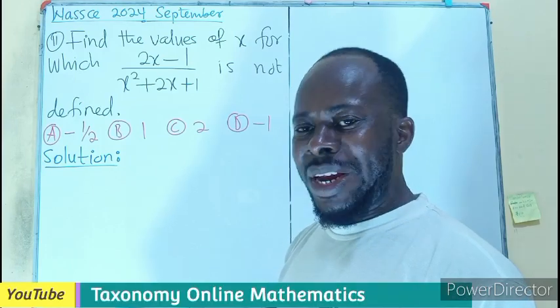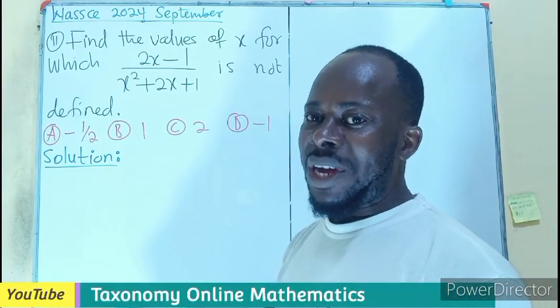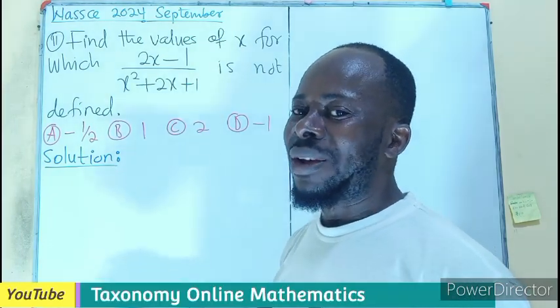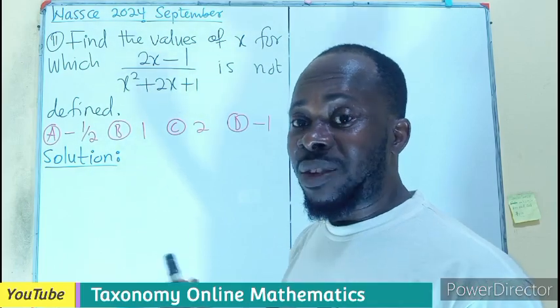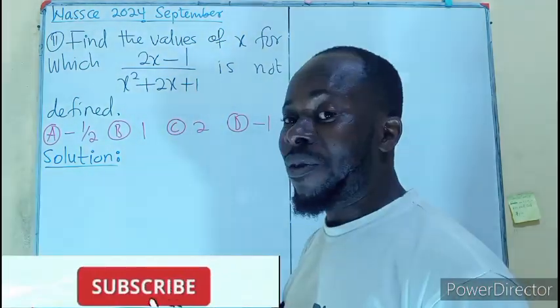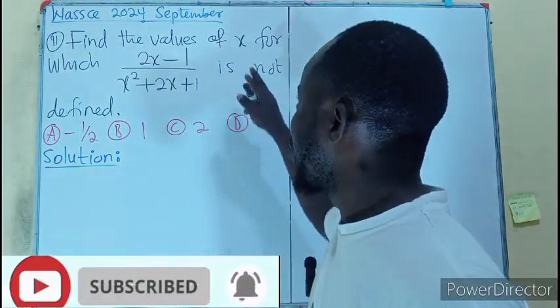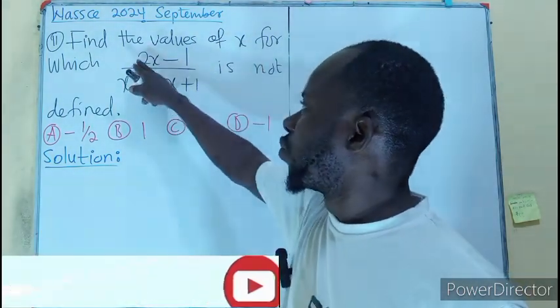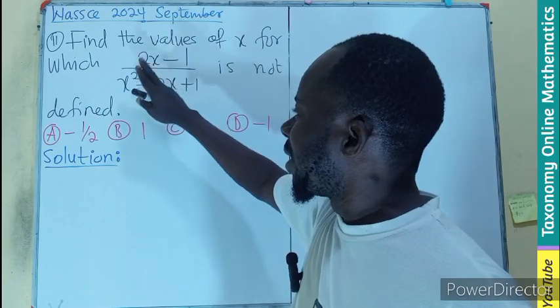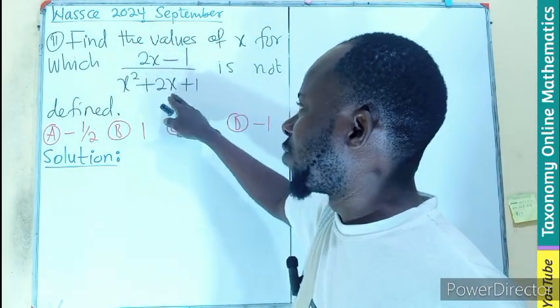Do you know when we say an algebraic fraction is undefined, what exactly are we expected to do? This is a question from WASSCE September 2024. We have to find the values of x for which (2x minus 1) divided by (x squared plus 2x plus